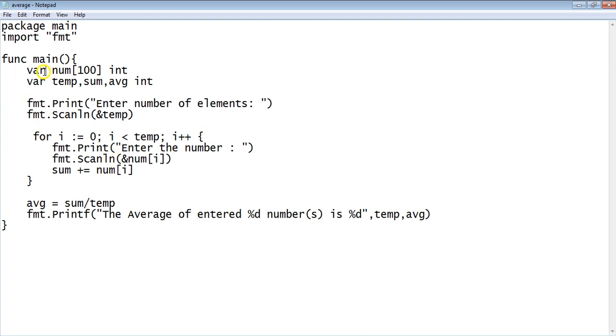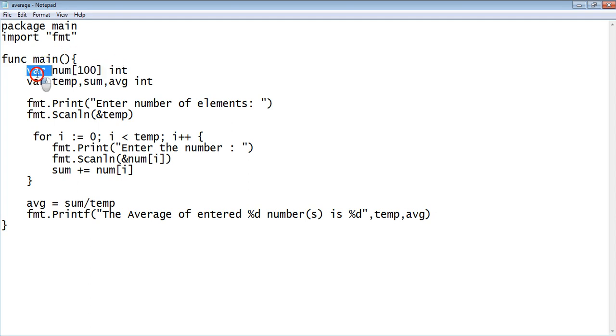Followed by a blank space. Then you will have the variable name. This I guess is pretty much clear, you might have seen it already in other programming languages. It is an array type of variable. If num is going to be a normal variable, you won't have the square bracket number, which is common for array variables. You have the range for an array, or the amount of variables it is going to hold.